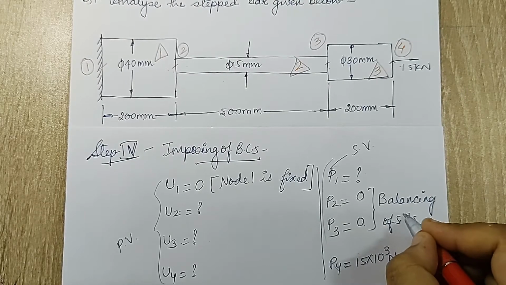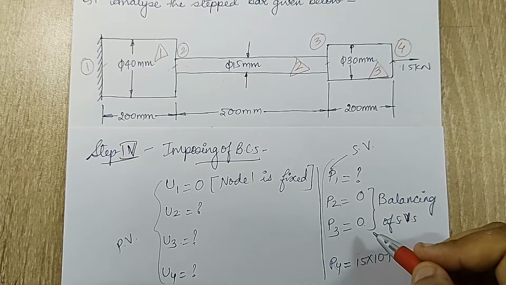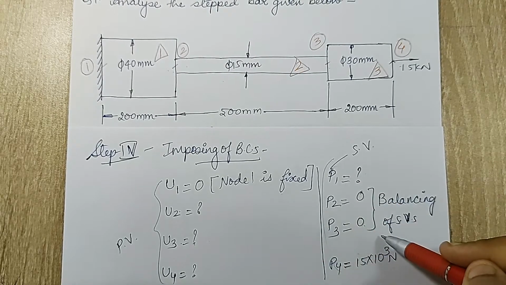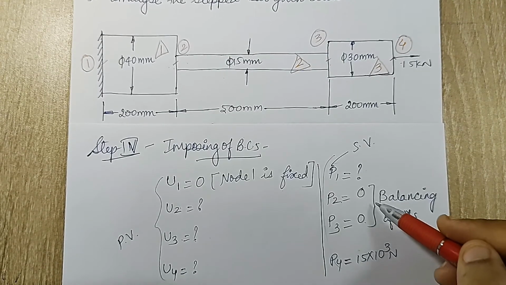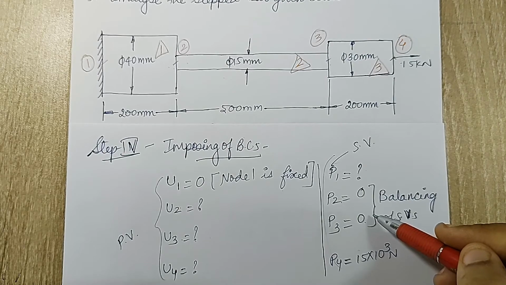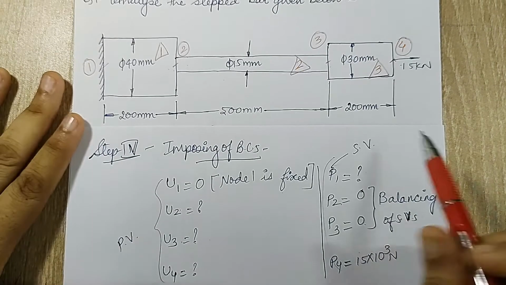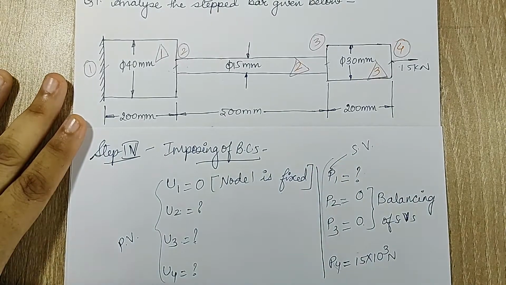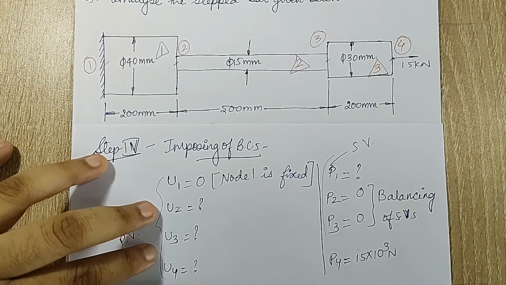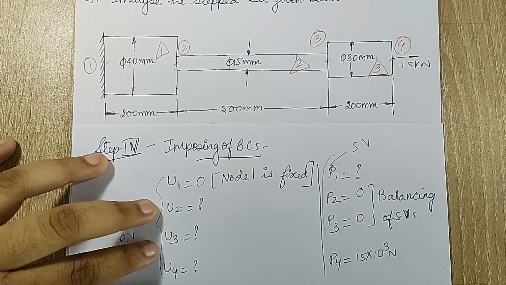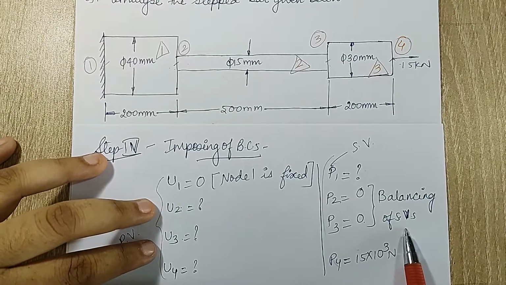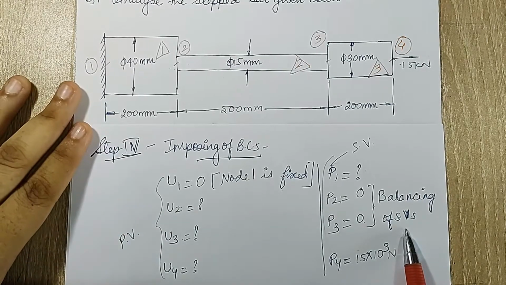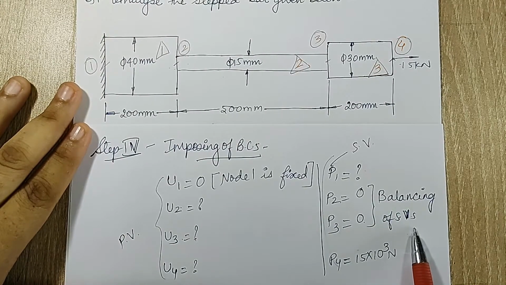This is done because there would have been 6 unknowns otherwise. If you observe, there are 4 already, 2 more added would make it 6. Hence, I don't have to add 2 more variables when I write these as 0. In strength of materials I would have definitely got some answers, but assuming that there would be least resistance, the displacement is taking place. FEA's logic says balancing of secondary variable. This is specific to FEA, specific to this chapter, and something that you need to remember. As and when required, you use this kind of technique to balance out your unknowns.